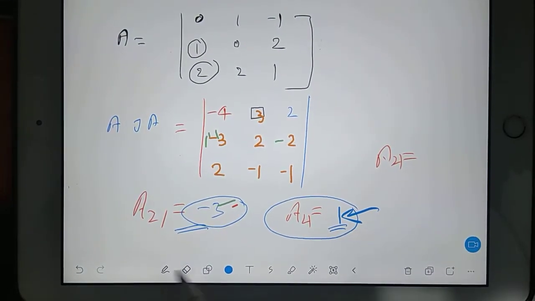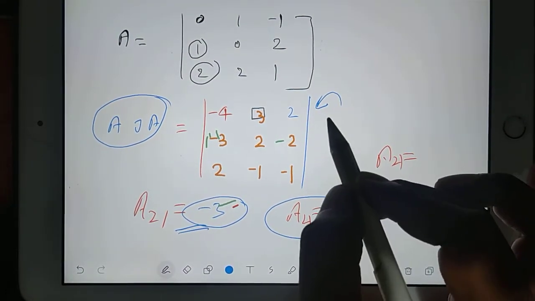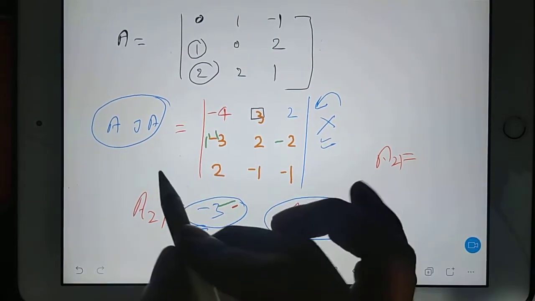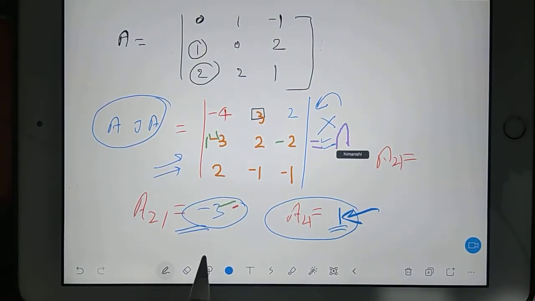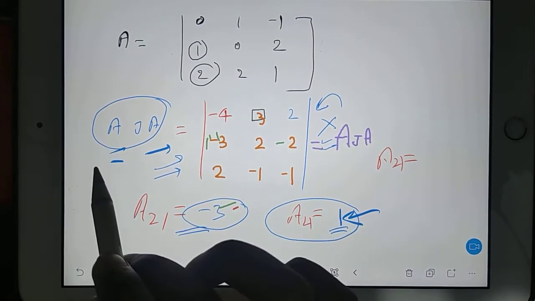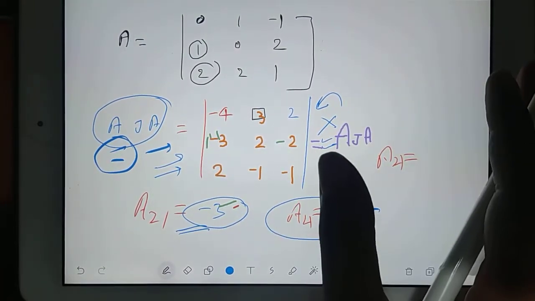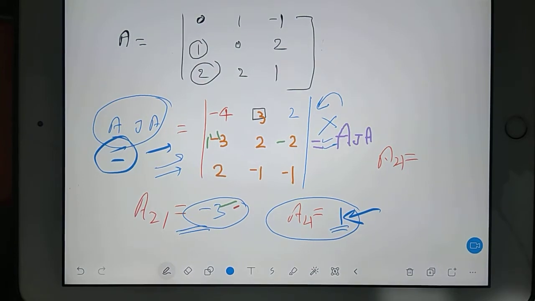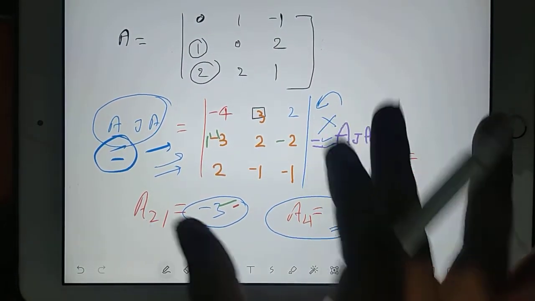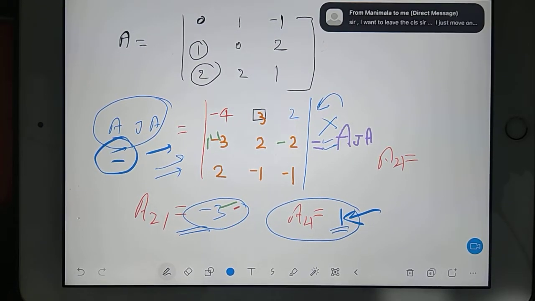Okay, so adjoint A value given by one student, I have not cross-checked yet. It is the final answer for adjoint A. I have not checked yet, but it's okay. If it is matching, then very good. If it is not matching, then no problem. It is simple. Process is very simple, but it is lengthy process. Okay. Now we know about this, how to find out adjoint A. Then here itself we will learn how to find out A inverse of any given matrix.